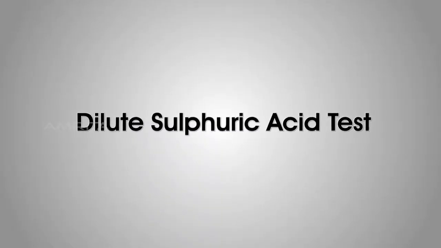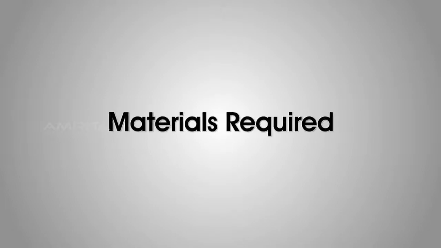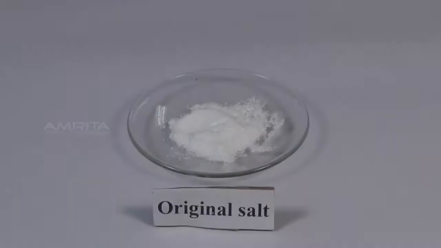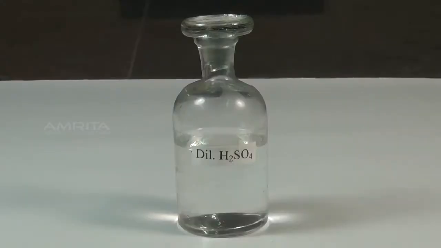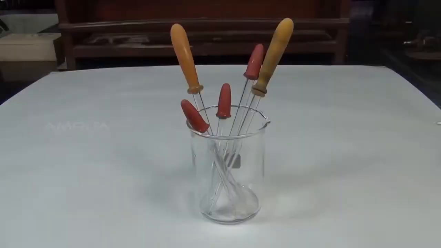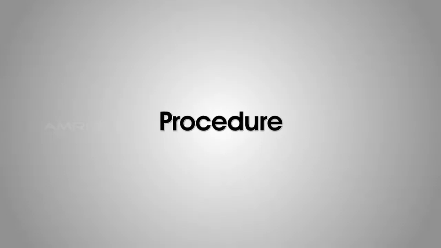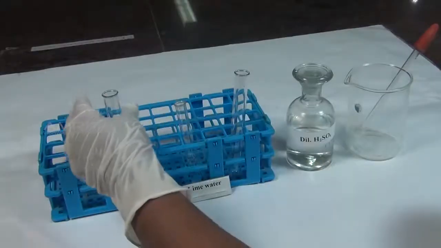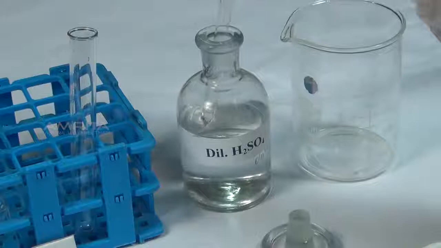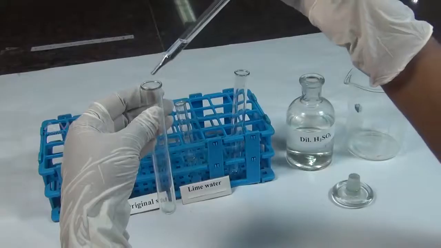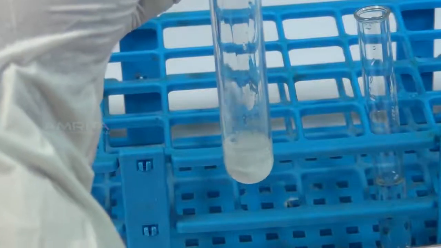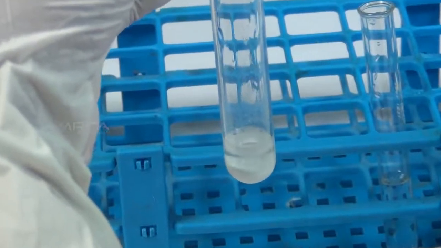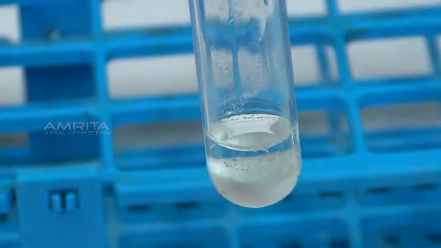Dilute sulfuric acid test. Materials required: original salt, lime water, dilute sulfuric acid, test tubes, and a dropper. Procedure: take a small quantity of salt in a test tube. To this, add a small quantity of dilute sulfuric acid using the dropper. We can see that carbonate reacts with dilute sulfuric acid to produce brisk effervescence with the evolution of colorless, odorless